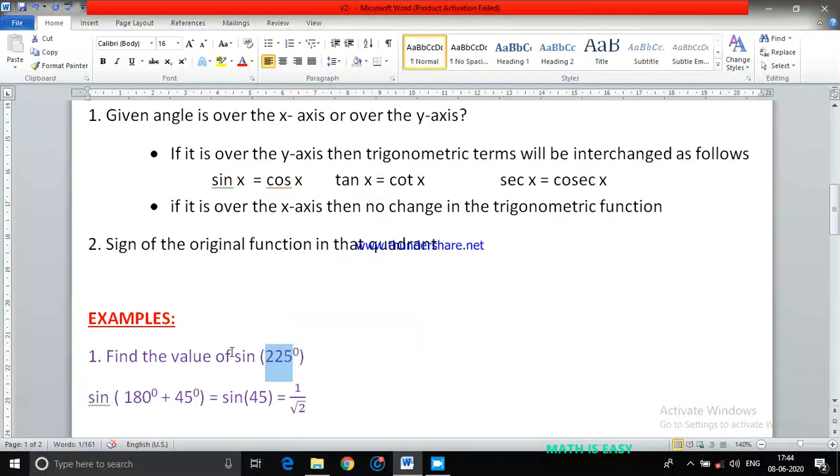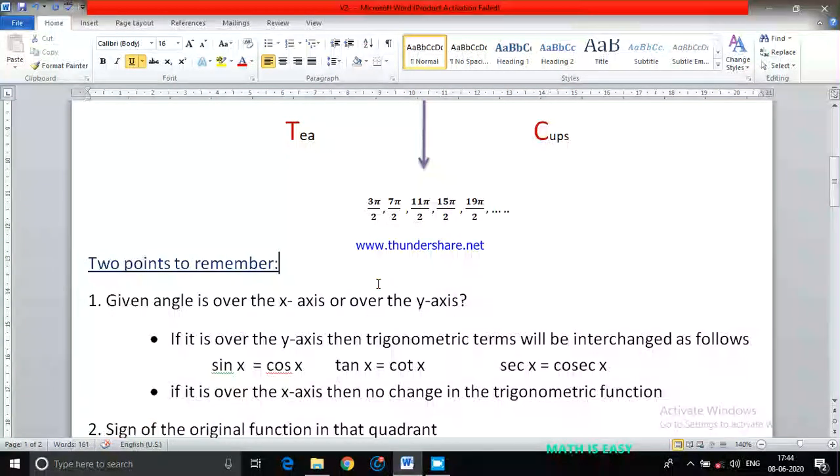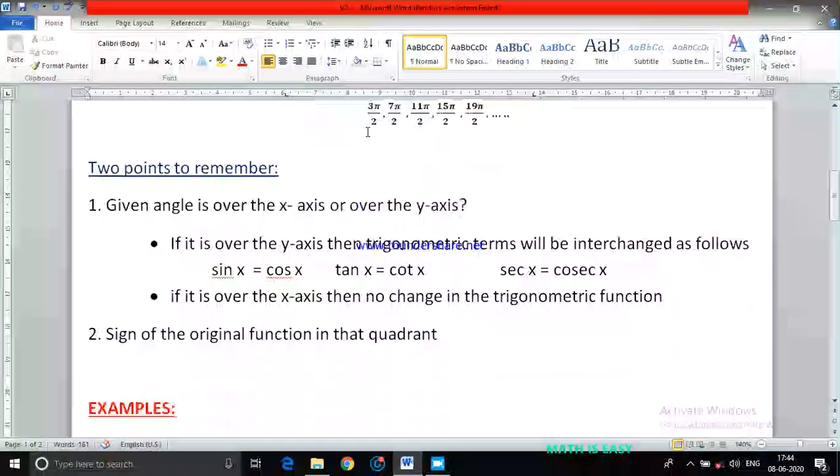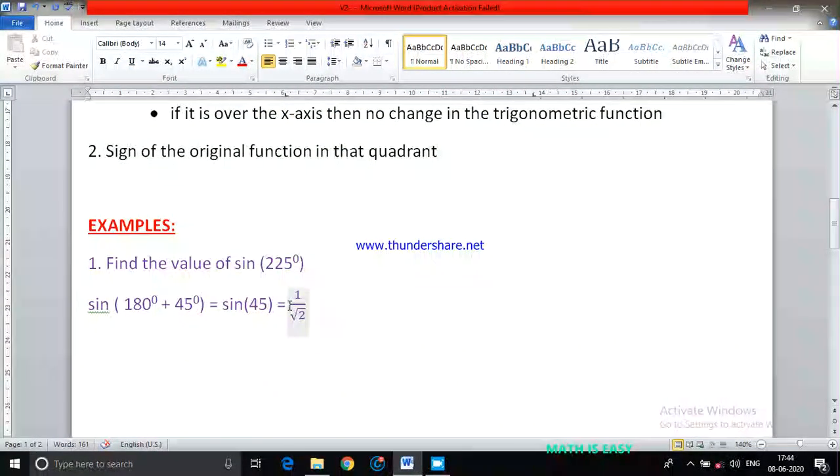In the third quadrant, is your sine function positive or negative? Only tan and cot are positive. The rest are all negative, so sine is also negative. Here it will be minus 1 by root 2. So sine 225 value is minus 1 upon root 2. See, after writing this function as 180 plus 45,